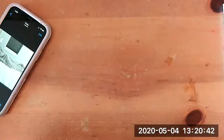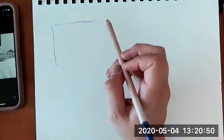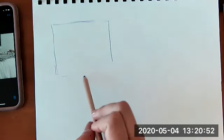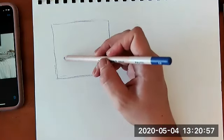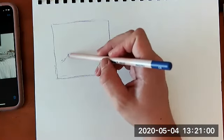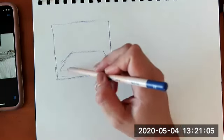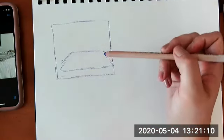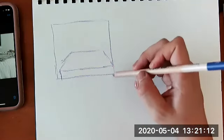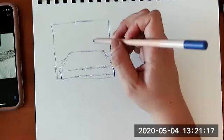Let's try out even smaller this time. So let me try a composition maybe a little more like, trying to keep myself a little smaller. Okay, so what I want to do is get the expansiveness of the top of this mattress. So maybe I'll start with that. Like I broke my own rule in the beginning and I started with the light source, but I should actually start with the mattress. So my default setting always ends up sort of looking like the picture because we become, you know, really easily